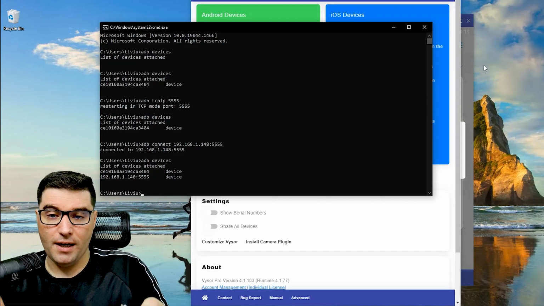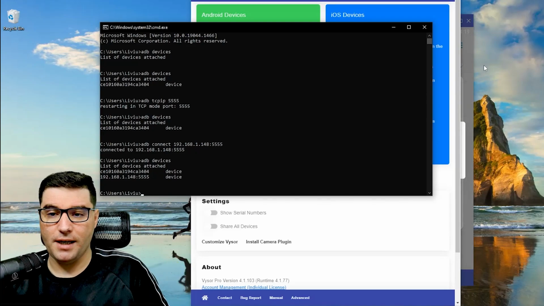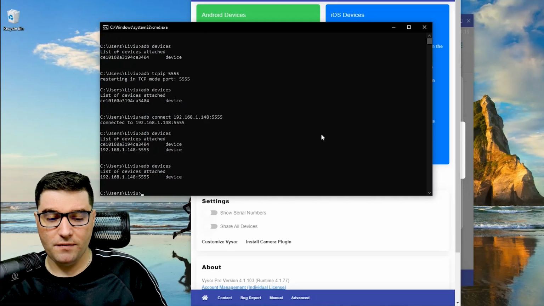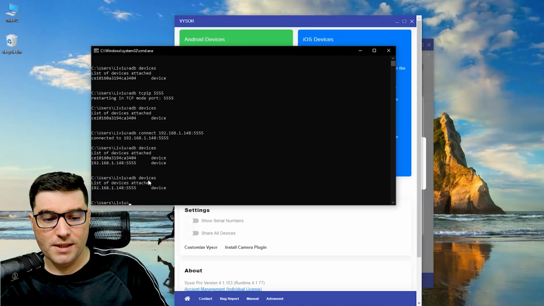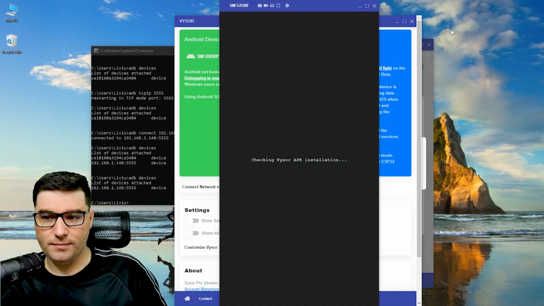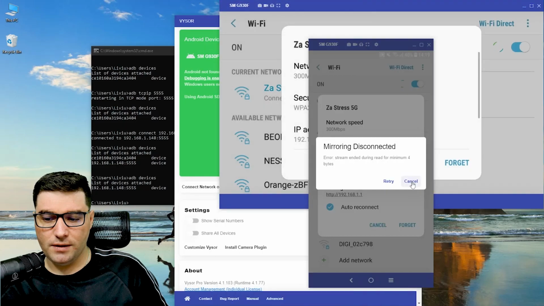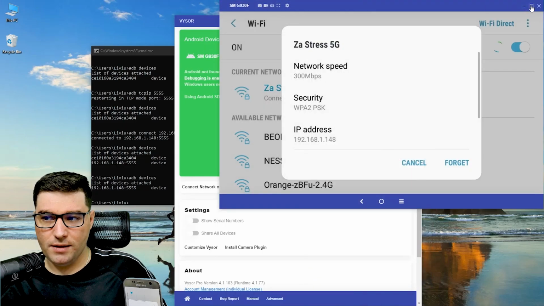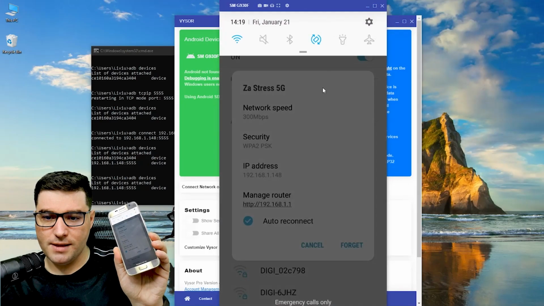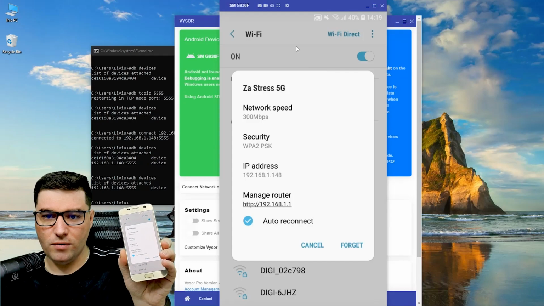So now if I unplug the cable from my phone, and if I type in ADB devices again, you will see that I have only one device left. So now in Visor, this connection has been terminated. So now in Visor, I should have the exact replica of my phone.